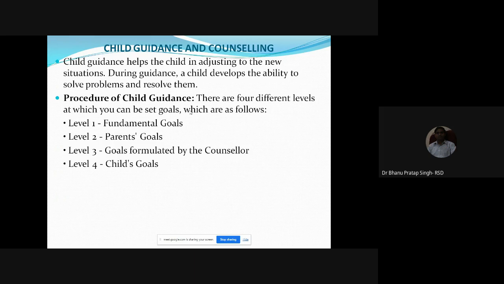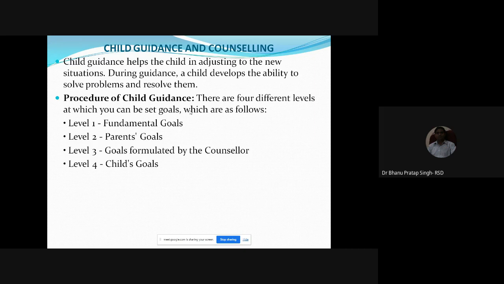So child guidance and counseling. Child guidance helps the child in adjusting to new situations, and during the guidance, the child develops the ability to solve problems and resolve issues. We have already discussed that there are four levels of child guidance. One is level 1, level 2, level 3, level 4: fundamental goals, parental goals, goals formulated by the counselor, and child goals. Fundamental goals, level 1, means what